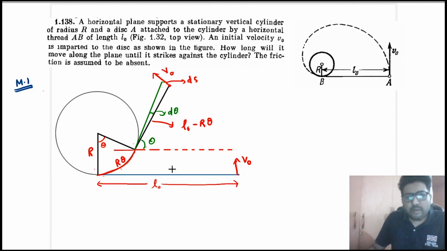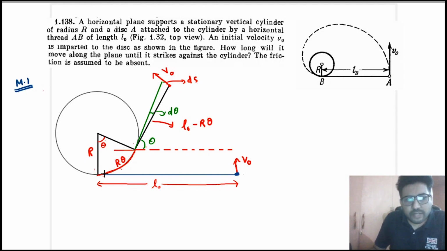Now when the disc rotates, the center of circular motion of this disc keeps on changing. Why? Because when it rotates, suppose it has reached this point, then the center of rotation becomes this. When it has reached this point, the center of rotation becomes this. That means the radius of circular motion of this disk keeps on changing. So at a particular instant, this is the diagram shown.